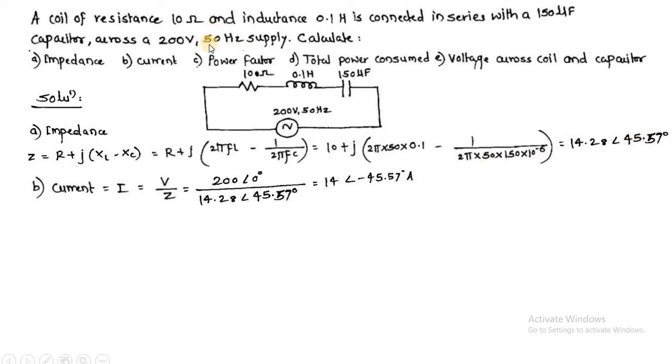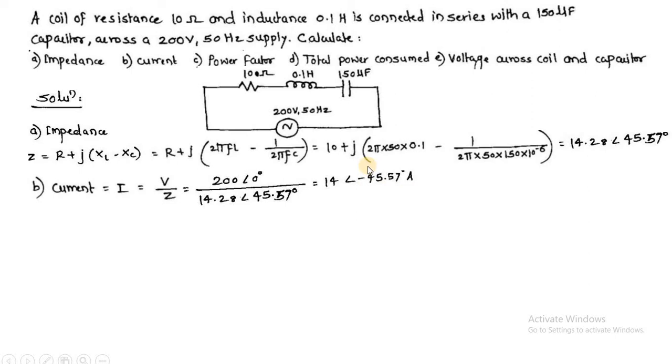Now the third factor, that is power factor. We are mentioning cos of minus 45.57 degree. Why am I mentioning minus 45? Because that minus sign is going to help me write the nature of power factor. So that minus sign of that angle is going to give me which nature of power factor? Lagging nature. Because the angle phi magnitude for Z and for I is always equal to each other.